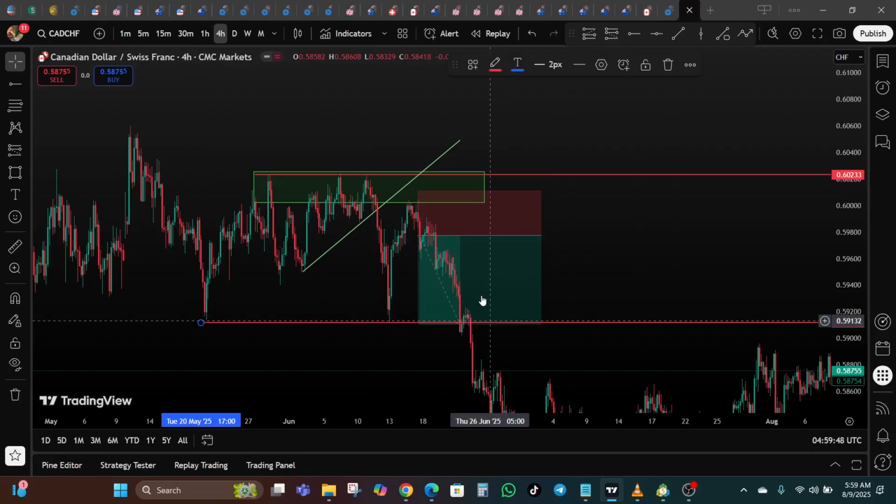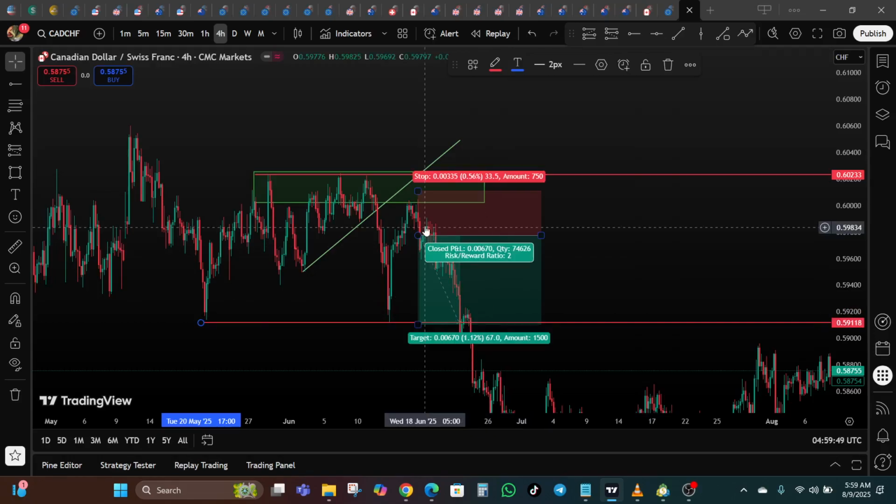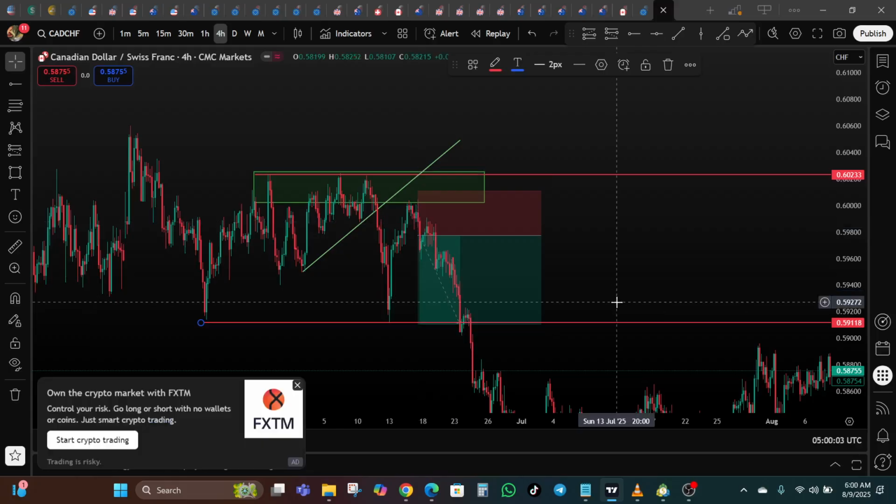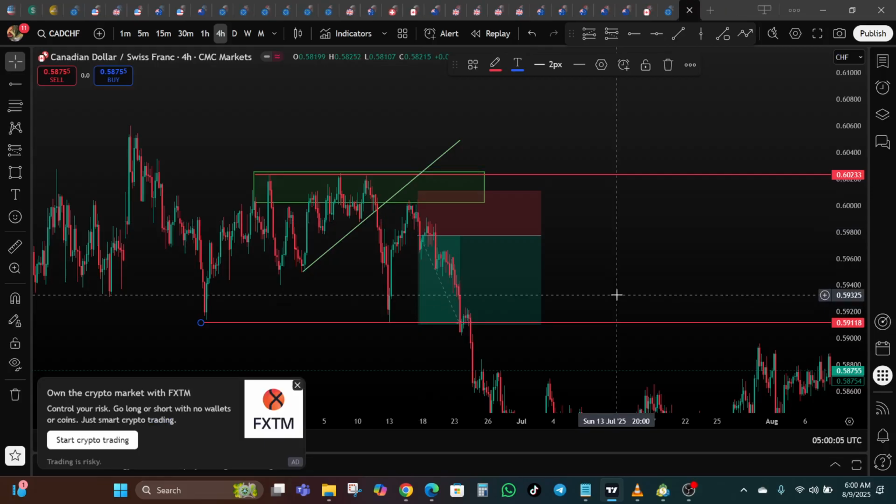And then we entered after we had a breakout and a retest. So you can see the structure, and then our stop loss was above the recent high. And then because we had a good risk to reward ratio, we had to enter the trade. So make sure that your risk to reward ratios are always minimum of 1:2. Okay, it's important that you observe good risk management. Set your stop losses properly, never risk more than 1 to 2% of your account on a single trade, and aim for good risk to reward ratios so that your winners will always outweigh your losers.